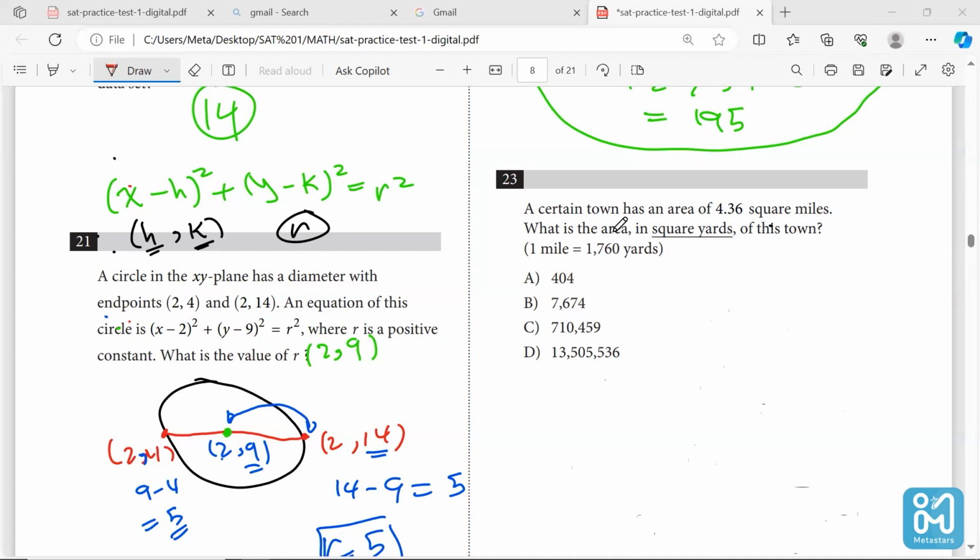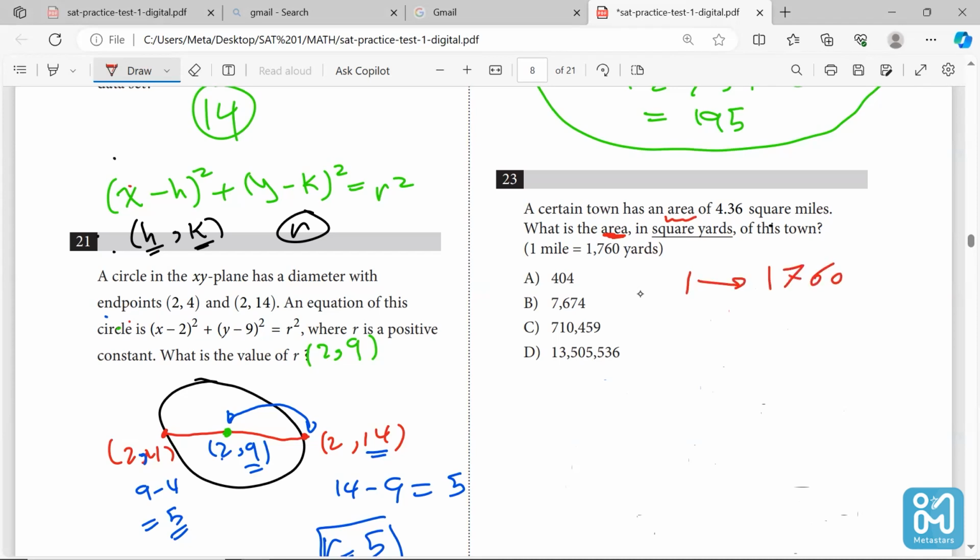Okay. I think somebody is asking me to repeat. Yes, Selma, I'm going to do it. A certain town has an area of 4.36 square miles. I'm talking about the area in square yards of this town. Now, they give us the scale: 1 mile gives us